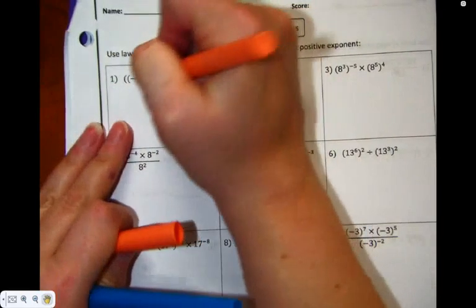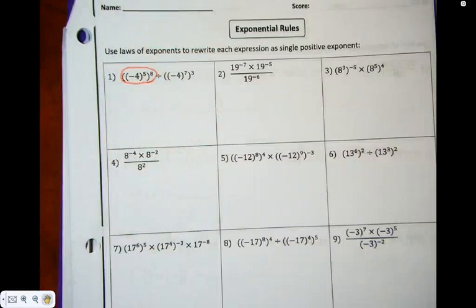This first one, all I'm going to look at first is this negative 4 to the 5 to the 8. So I'm going to ignore everything after for the first step. Negative 4 to the 5 to the 8. Is that product? Is it quotient? Is it power? Is it fraction power? Is it 0 exponent? So it's obviously not 0 exponent because there's no 0. It's not fraction because there's no fraction. So now we're down to